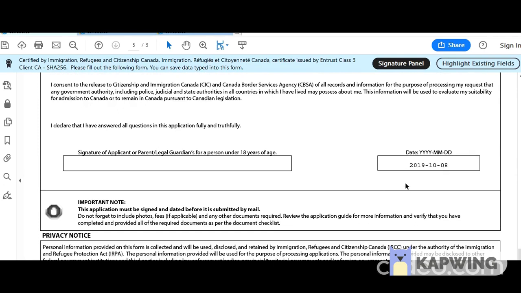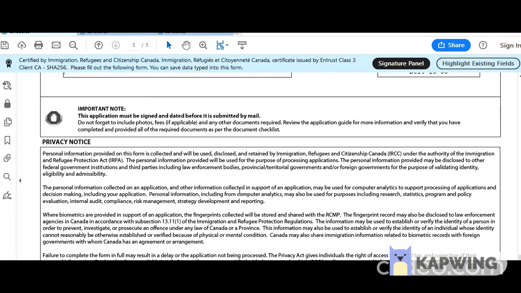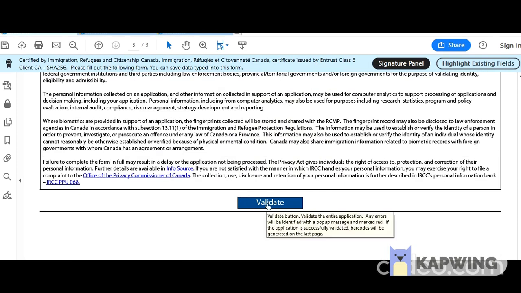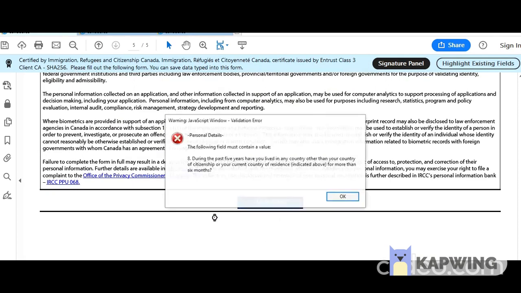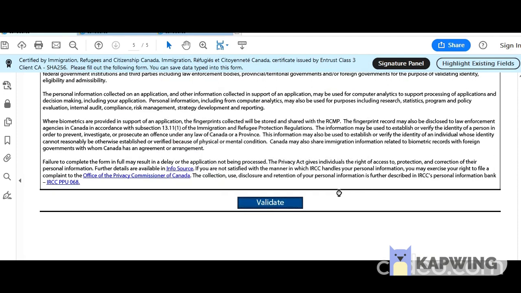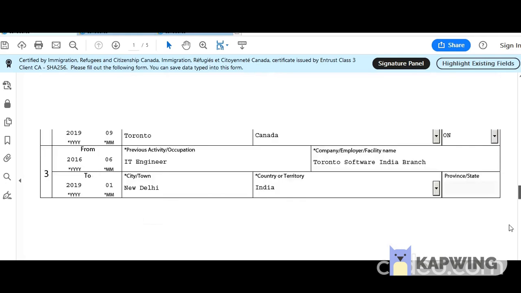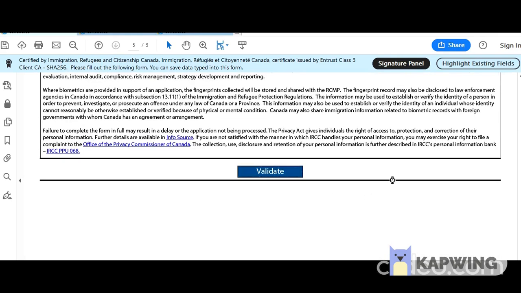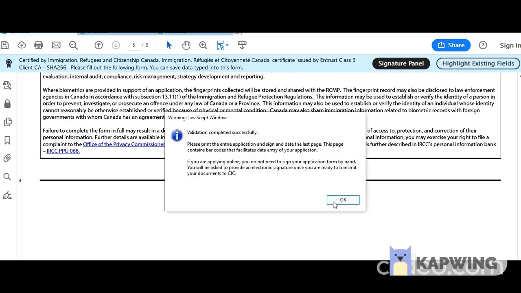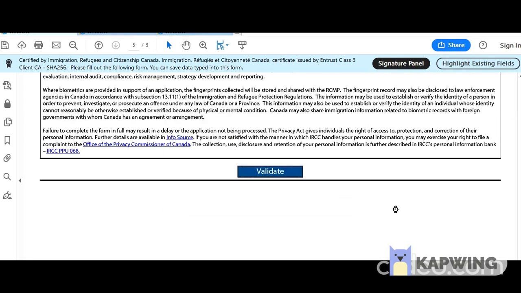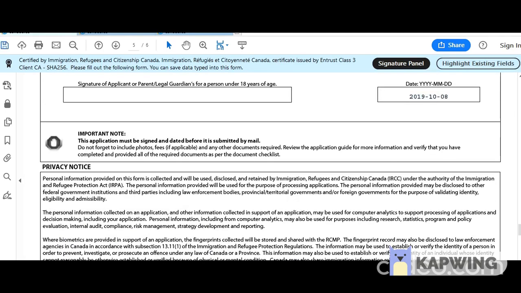So how I submitted my first application was like I put my name here, and later on I got the option to sign electronically. But it's important to click on validate. Okay, I think I have missed something, so it gave me the error message. Yes, that's why validation is important, and even after you validate, review it once more, because if you have committed any error, it's good to fix that. Okay, so this form is ready. I can save it to upload. Let me see if the session is still